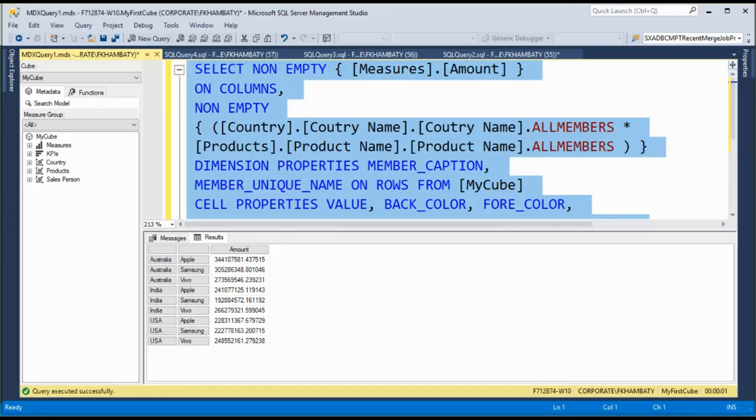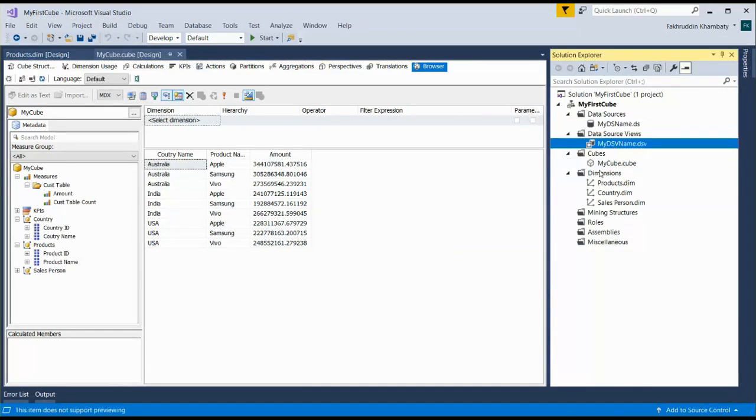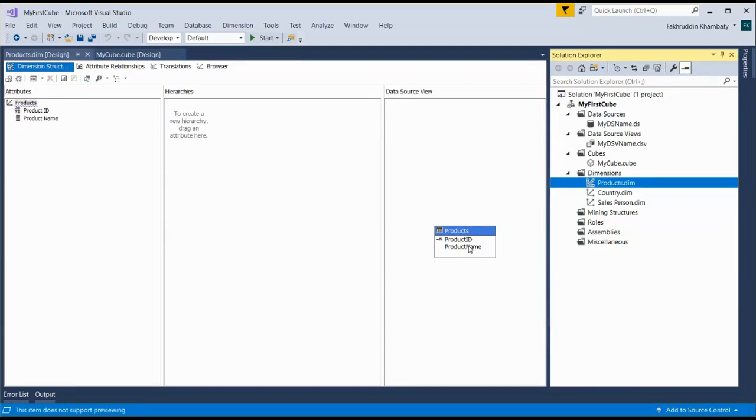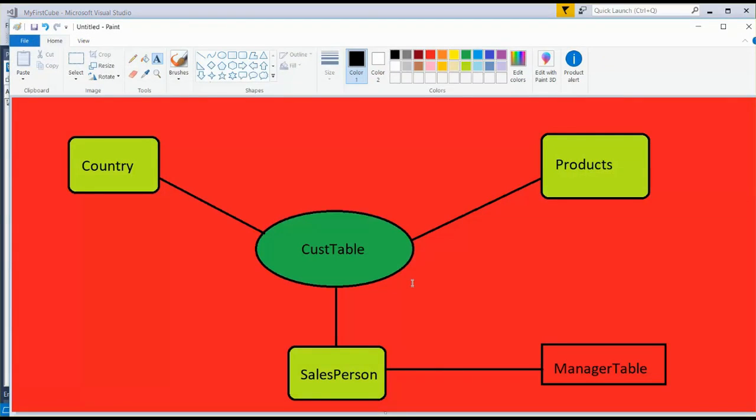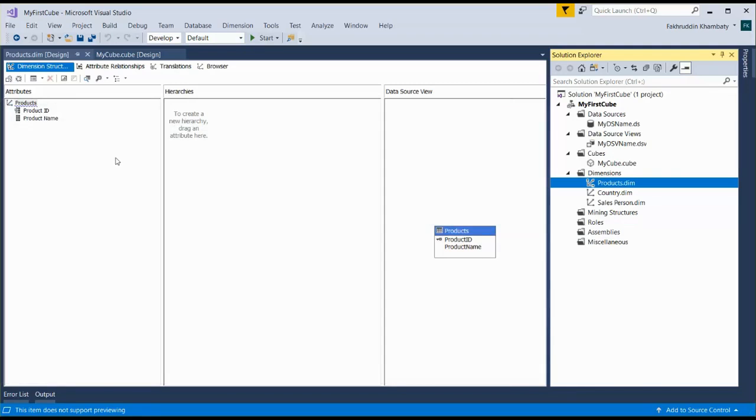How many new things you learned from this video? You learned about data source view, cube, dimension. Then you also learned about the different attributes you can add in the dimension from data source view. You also learned about star schema, snowflake schema, and the very important topic, measures and dimensions.